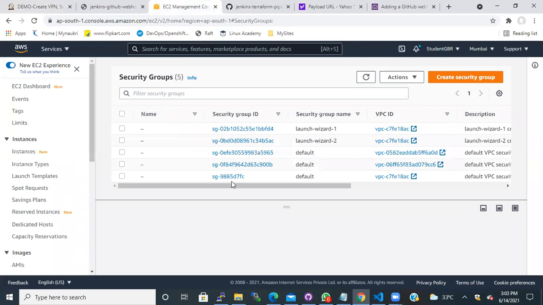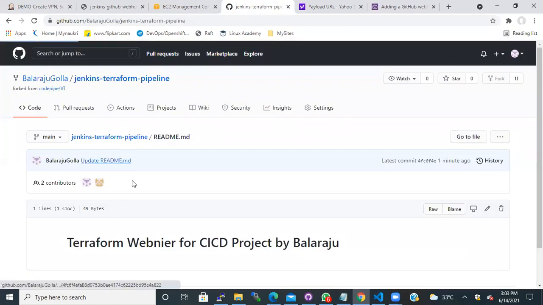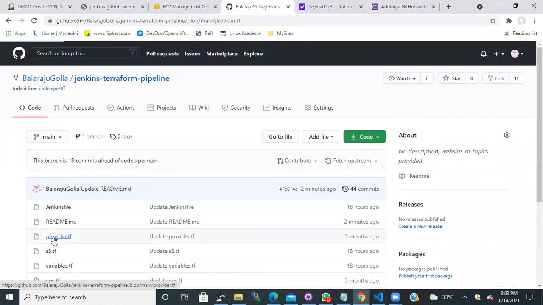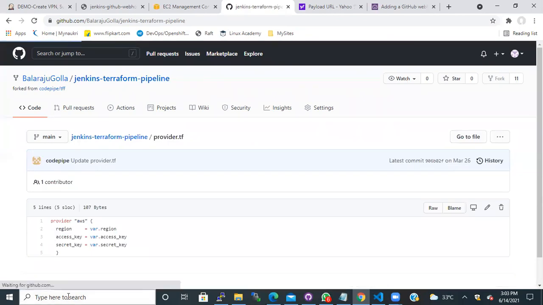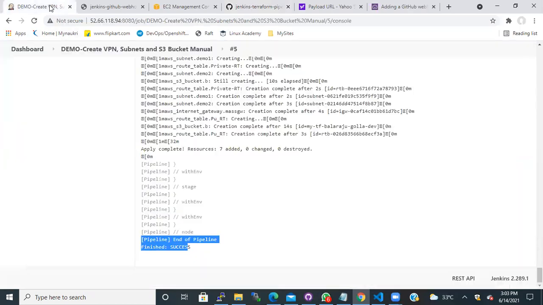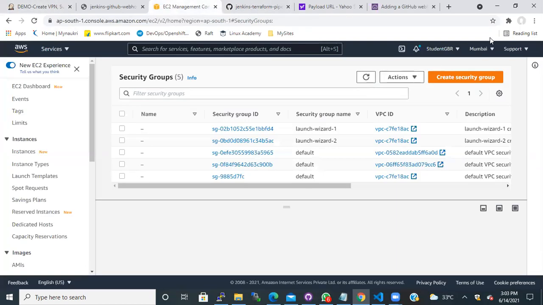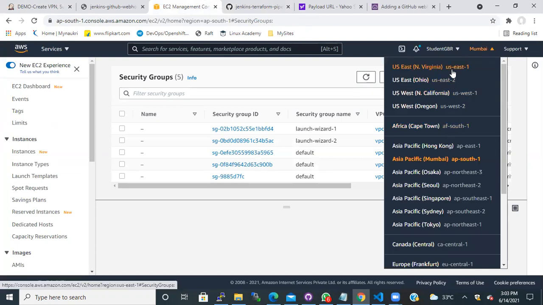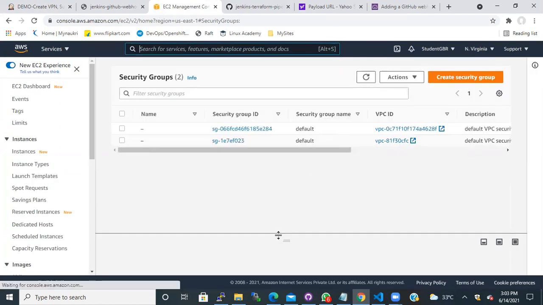And if you come here, you will see, refresh. Okay, what is the region that I deployed? Come here, provider, variables. It is in US East. If you come here, US East, you will see there is one VPC, subnets, and S3 bucket.